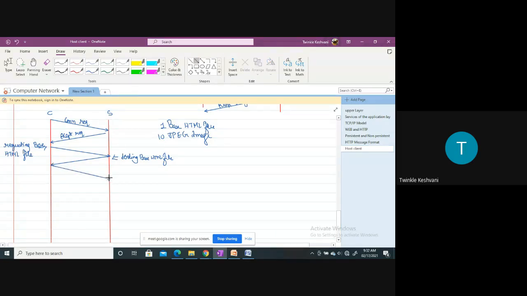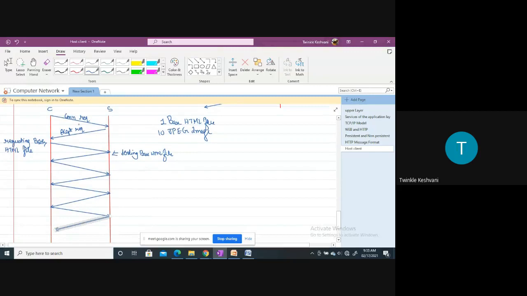This is a request for image 1. Server will send back the response. Again, request for image 2. Server will send back the response. Again, image 3. Response. Right, so here with the help of a single TCP connection, all objects can be transferred by the server.